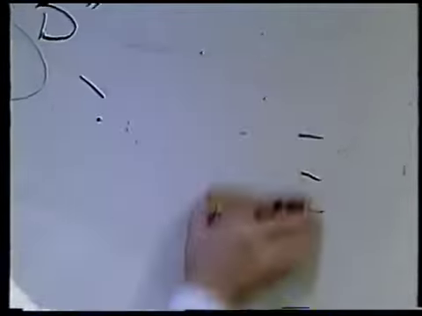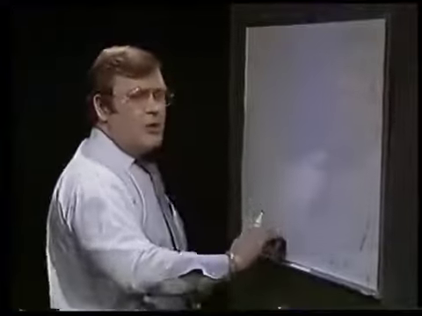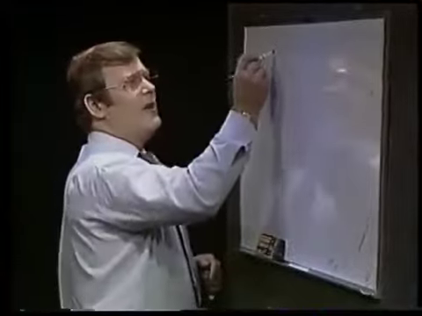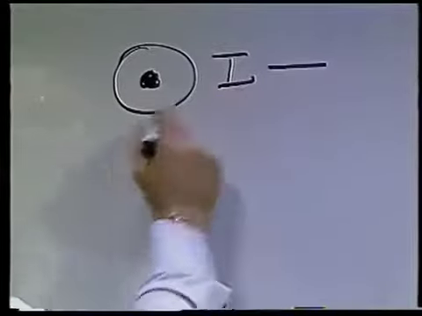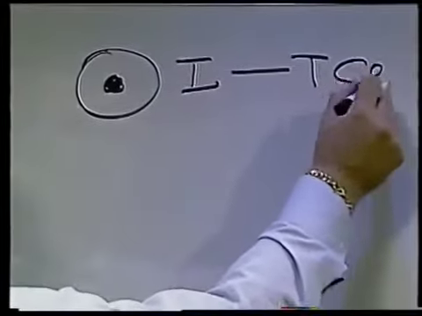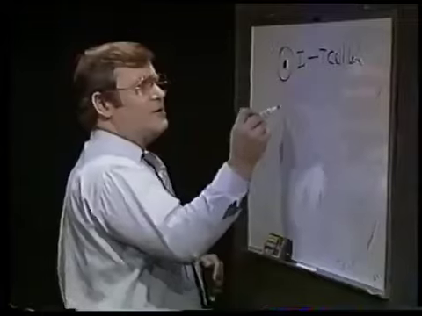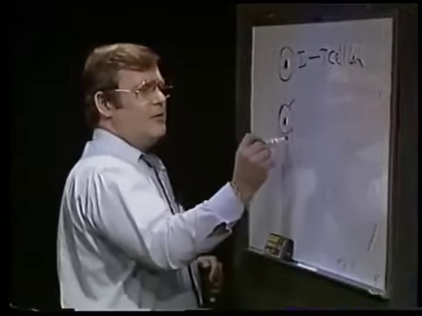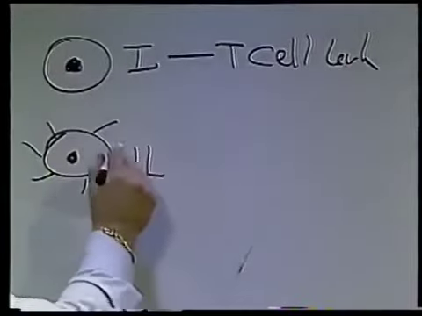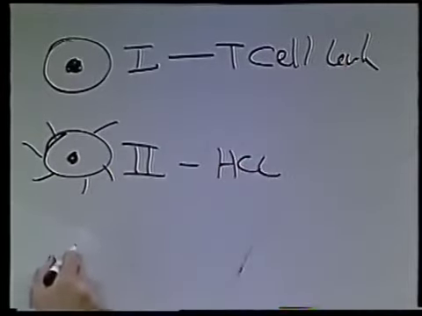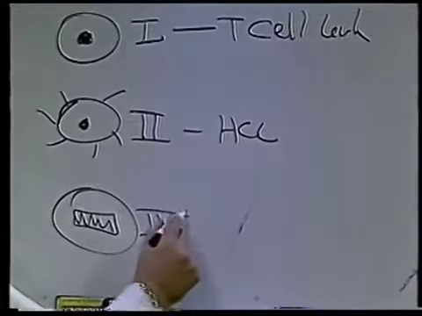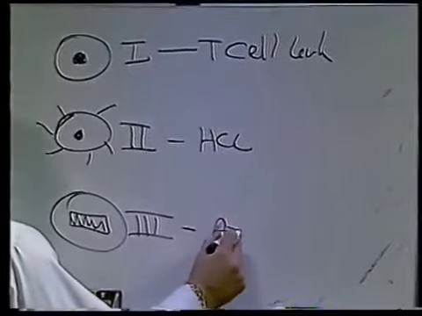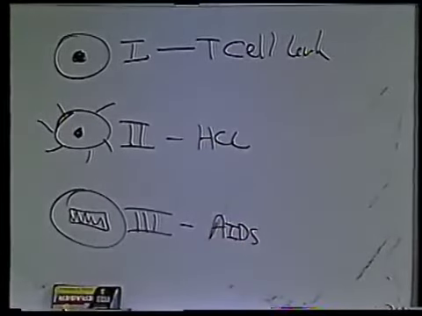If you look at the overall incidence of these new so-called human retroviruses, you'll discover the following. First, there is HTLV1, a new human retrovirus which is responsible for T-cell leukemia. There is HTLV2, which has this appearance, which is responsible for the development of hairy cell leukemia. And we have HTLV3, which looks like this. These are the best known so far, which is the AIDS virus, responsible for AIDS.